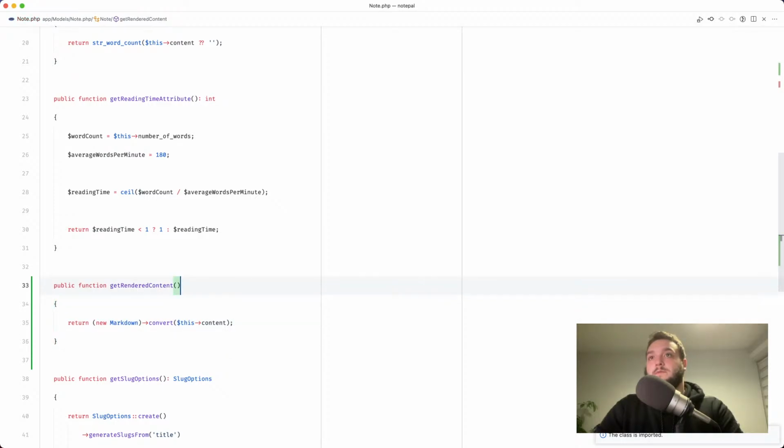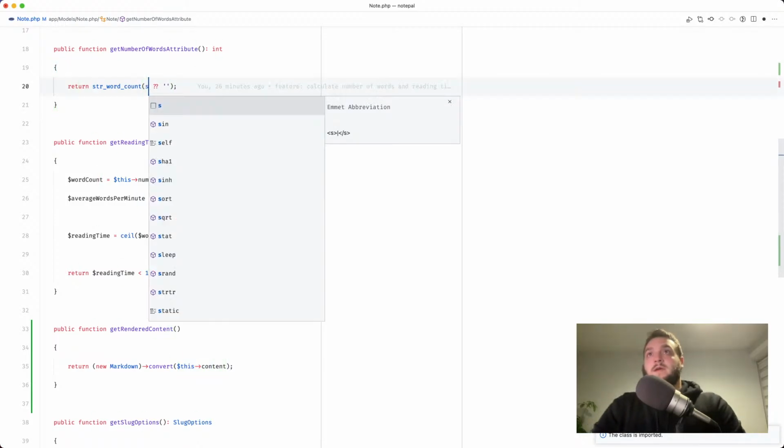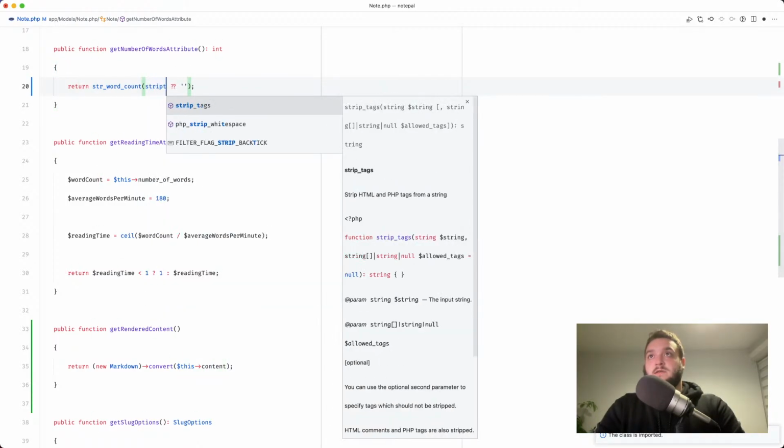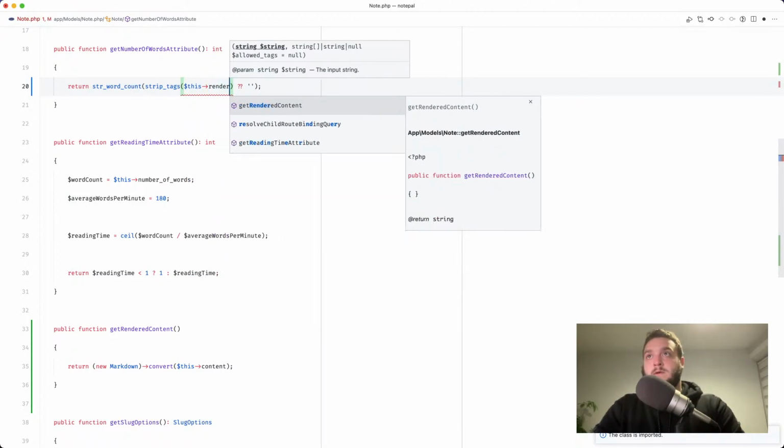Like so. And now up here in our reading time, we can strip all tags from our rendered